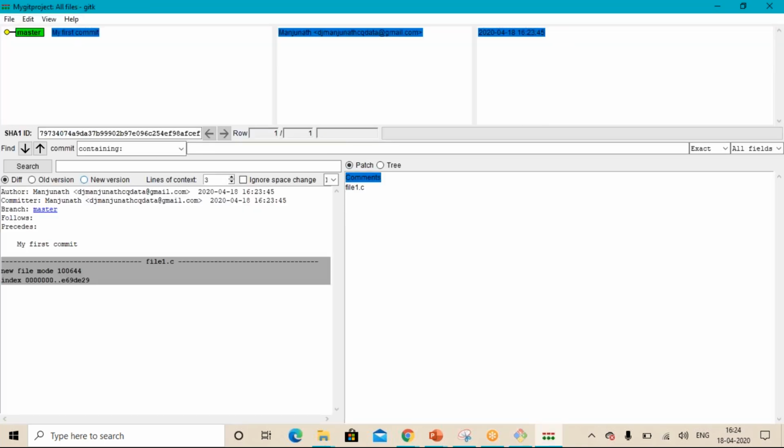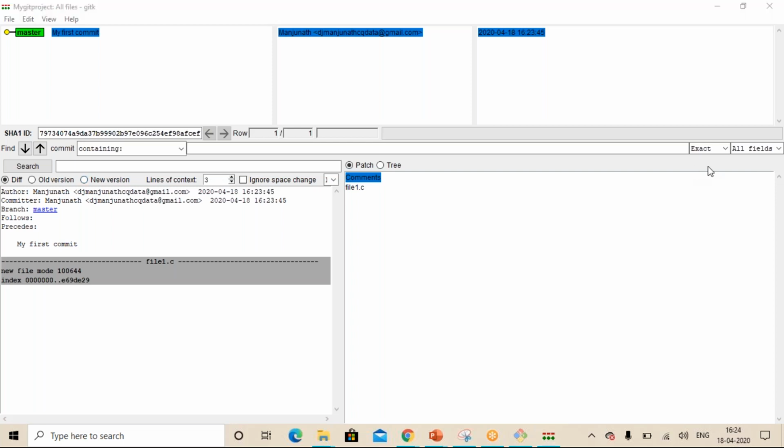So now I will just review my commit. This is a tool I am using, GitK. I just ran the command gitk, which is going to tell me